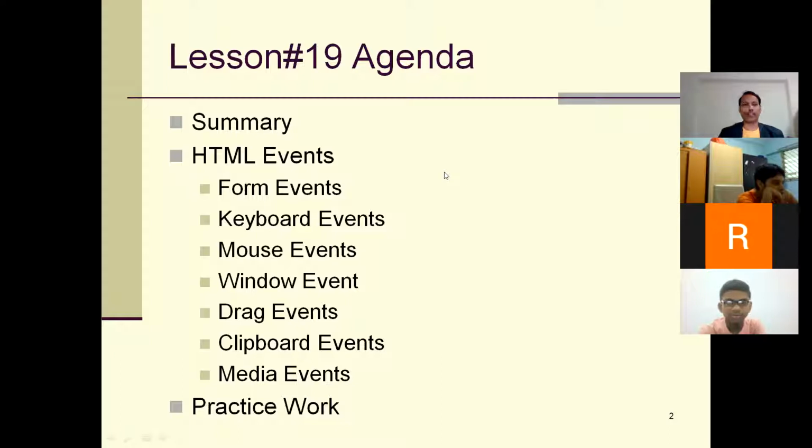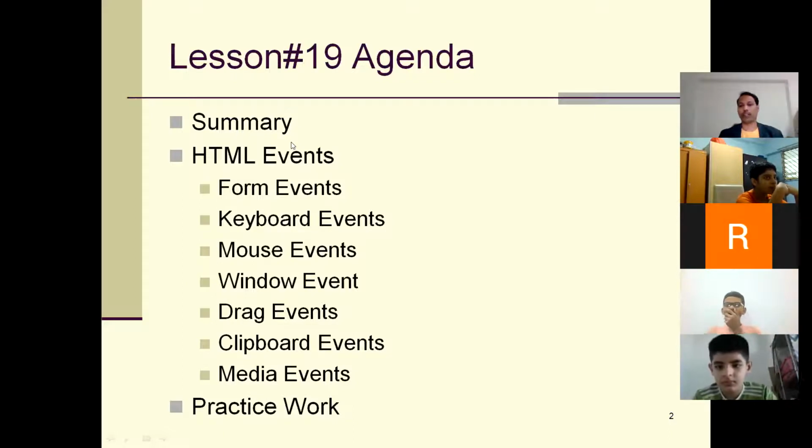Fine. So, events. The first part that I'm going to cover is a summary of what we learned so far. And then the sheets, the 4 slides will give you a one-point reference for all your learnings in the